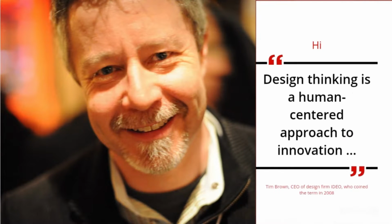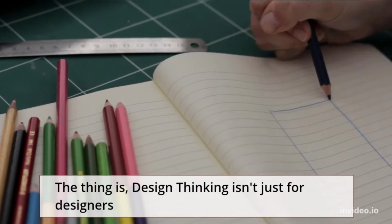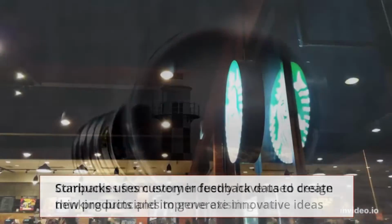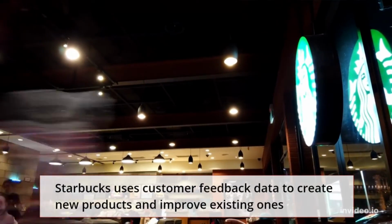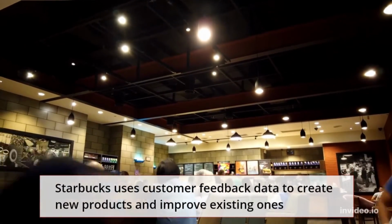Design thinking was first coined by Tim Brown in 2008, CEO of design firm IDEO. But is design thinking only used for designers? Absolutely not. There are plenty of examples from every industry showing how companies have used design thinking principles to generate innovative ideas. For example, check out how Starbucks used their own customer feedback data to create new products and improve